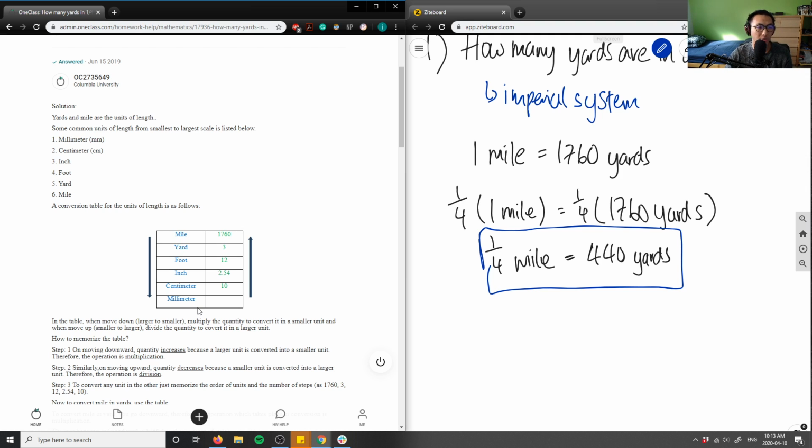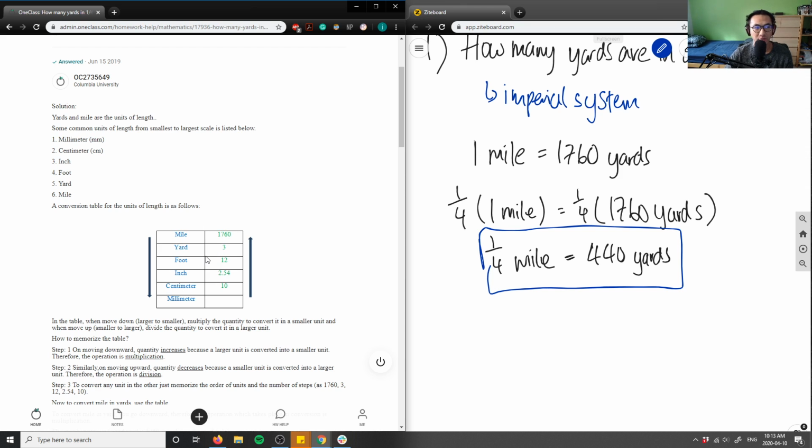I'm personally not the biggest fan of these tables, just because it kind of gets confusing, because if we move back up, again, I'm multiplying if I move down, and I'm dividing if I move back up to get to a smaller number. So I want to say I'm not the biggest fan of this kind of approach to this problem, just because it does rely on kind of brute memorization to memorize these numbers, memorize these tables. What I usually do, if I were to do unit analysis and unit conversion, is I kind of memorize these problems here. I memorize 1 mile equals 1,760 yards, or I just focus on these numbers instead.